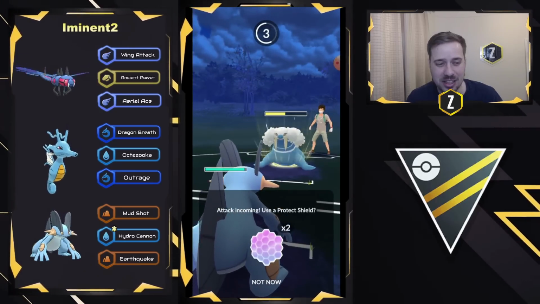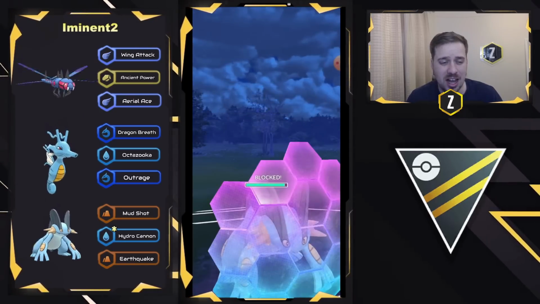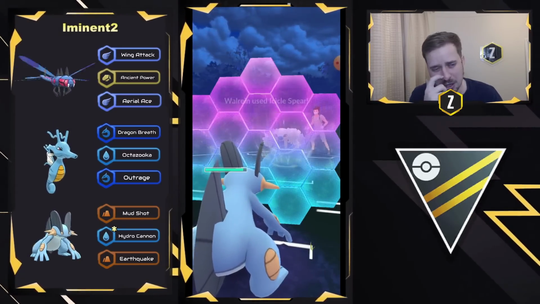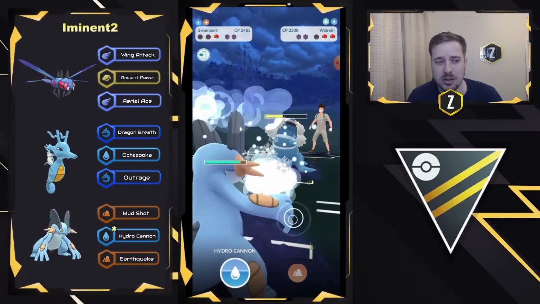So now I think the hardest hitting moves left are going to be Earthquake probably. Blast Burn still hurts, but honestly, they don't need to shield this one. They can easily start going for Hydro Cannons. They're going to go ahead and shield it. That's fine. They can easily load up and go for Hydro Cannons because if the opponent tries to swap out